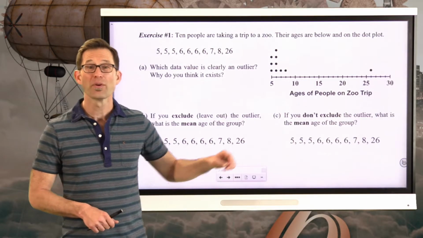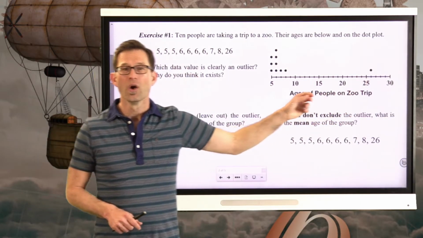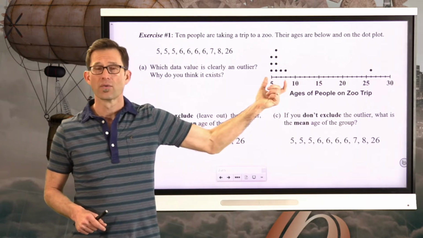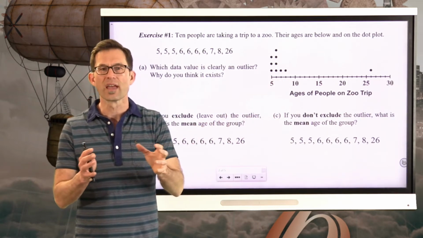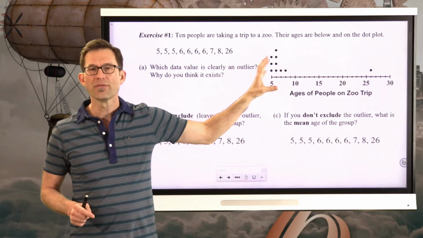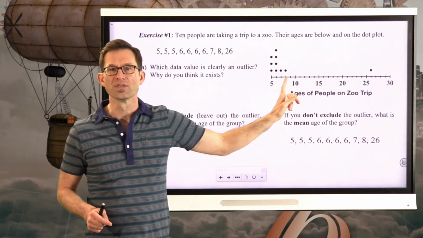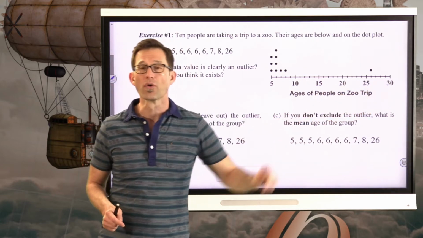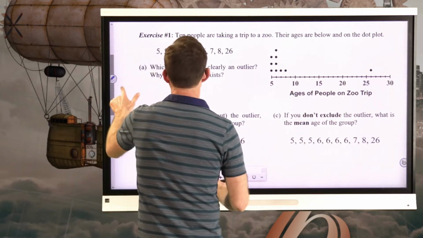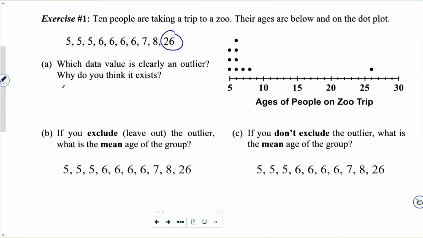Well, I'm pretty sure it's this one. We've got this cluster of data. A cluster is just a grouping together of data. We've got this cluster of data, and a huge gap between the largest one of these, which is at 8, and the next one over, which is 26. So, no great surprise, the 26 is an outlier, and it's probably because